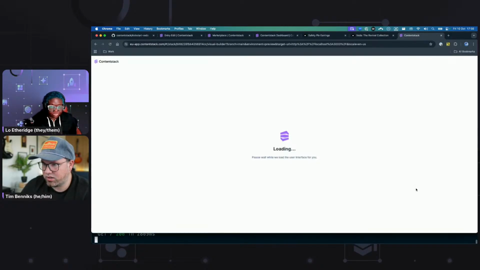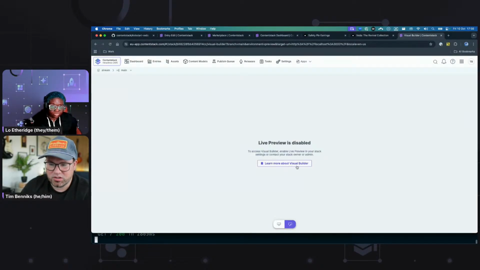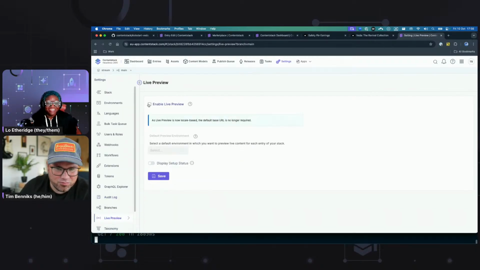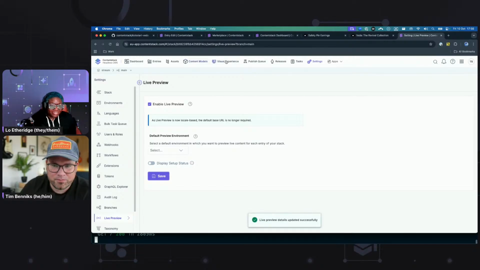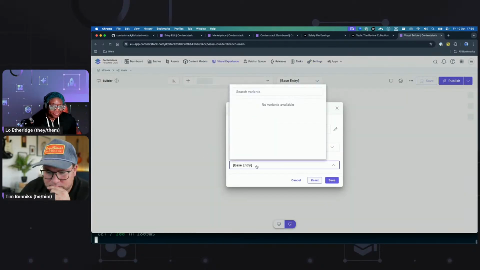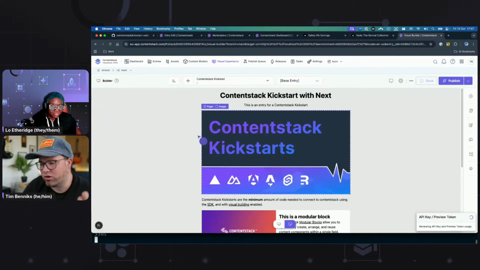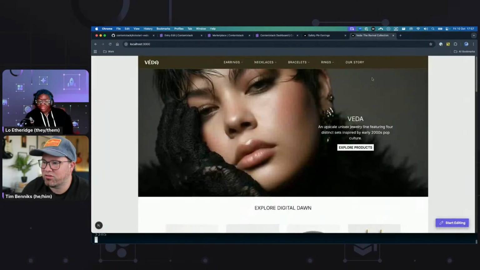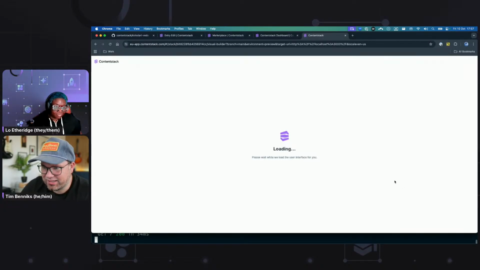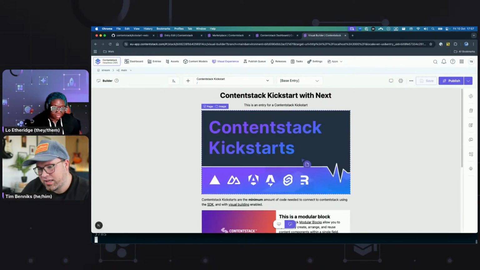And so when I now hit edit, it actually goes and, oh, I just have to enable it. Oh, that's a pity. That would have been the most smooth live preview. Enable. There we go. Okay, let's do that again. Let's go to the localhost and click edit. There we go. And so this code base was just really quickly set up for you